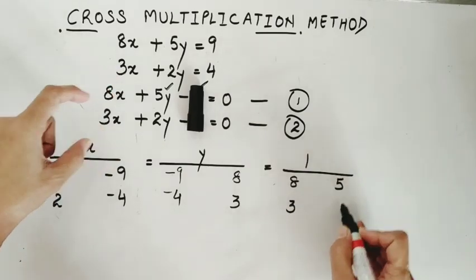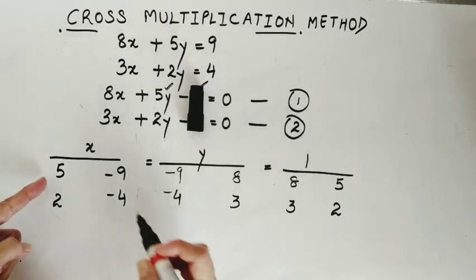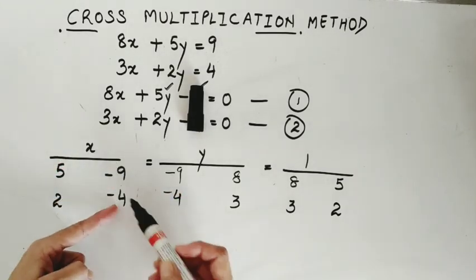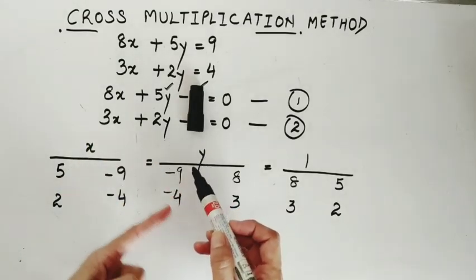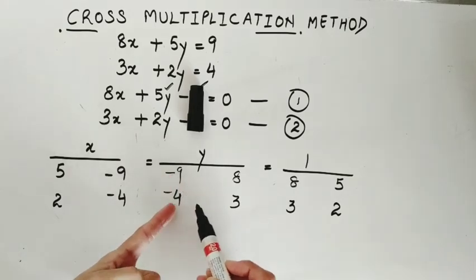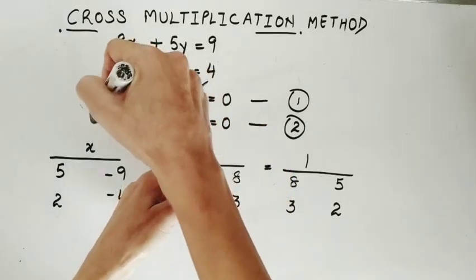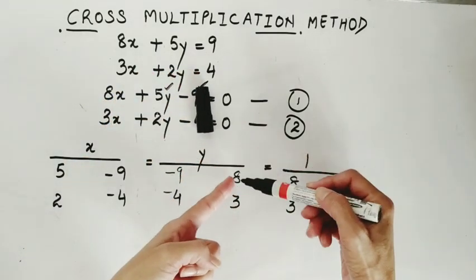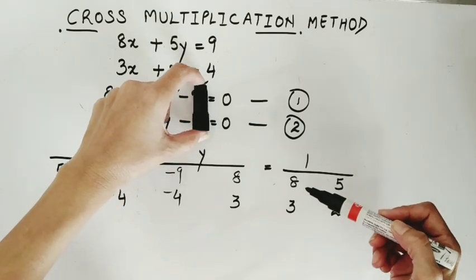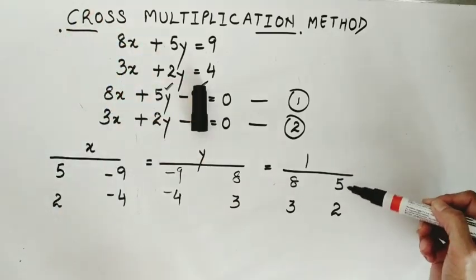When I say sequence, you need to remember that wherever we had halted, we need to move from the same step. Like for x, we were writing 5, 2, minus 9, minus 4. So it ended at minus 9, minus 4. So for the next variable y, we would begin from minus 9, minus 4 and then comes, look at this, for y we began from minus 9, minus 4, then came this 8, 3. And for the constant, for y we ended up with 8, 3. So for the constant, what do we have to do? We would begin from 8, 3 and then comes 5, 2.